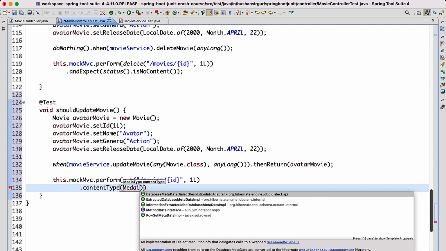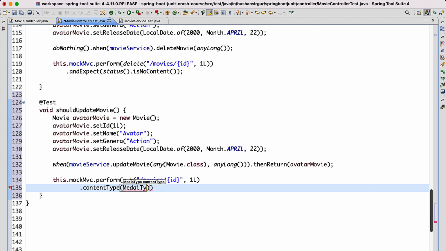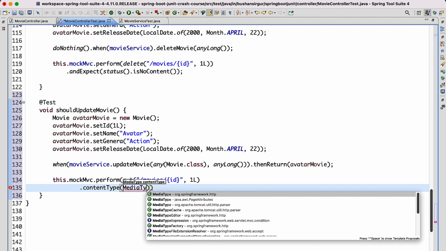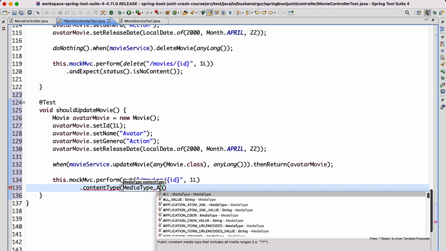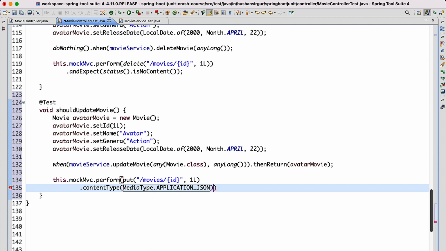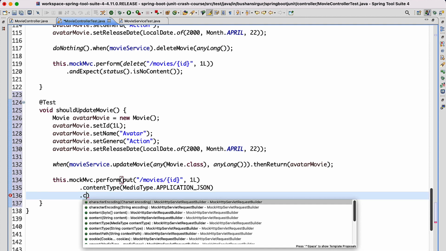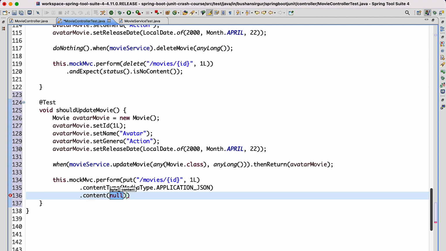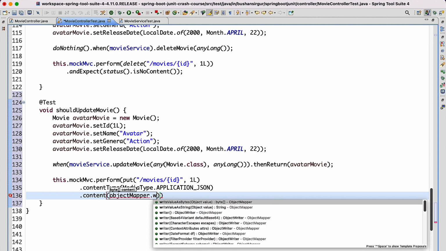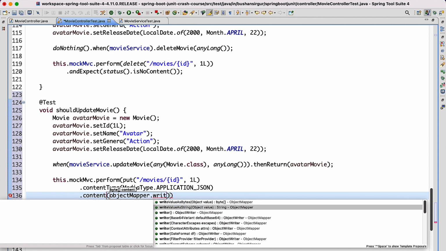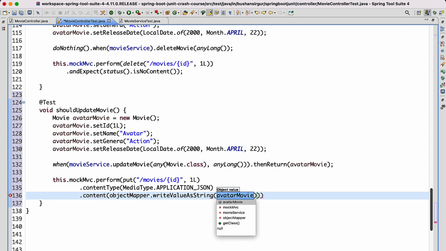So for that we're going to use the media type dot application underscore JSON, and also we have to set up the content, which we will make use of this object mapper dot write value as string. We have to pass the JSON object. So the object which we are going to convert as JSON is avatar movie,